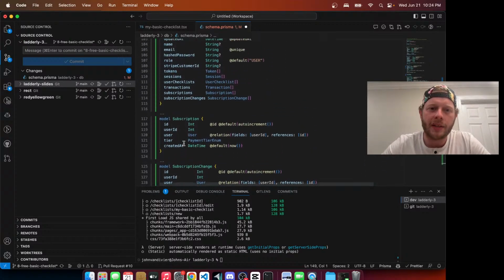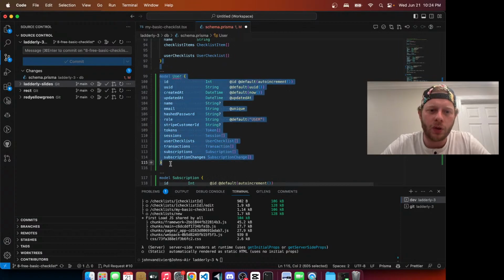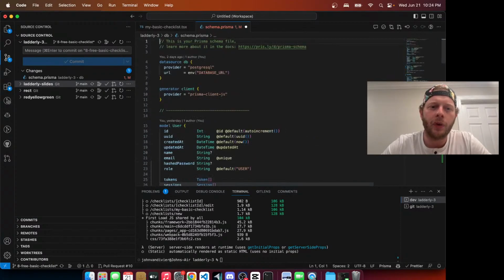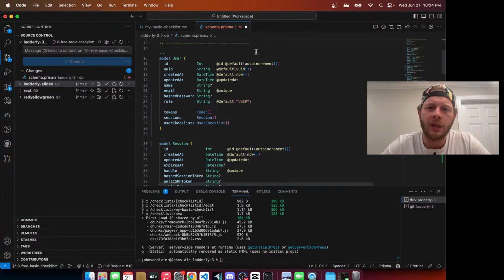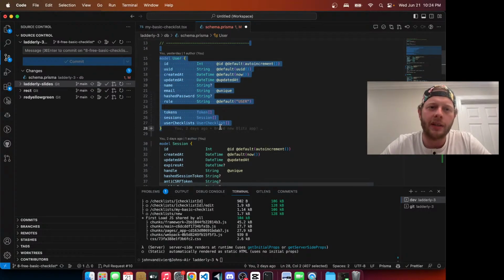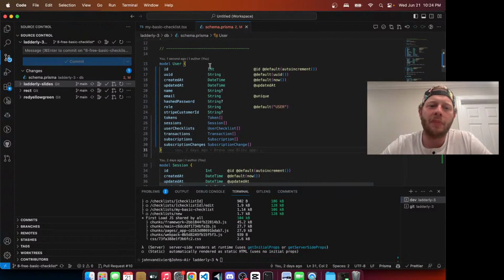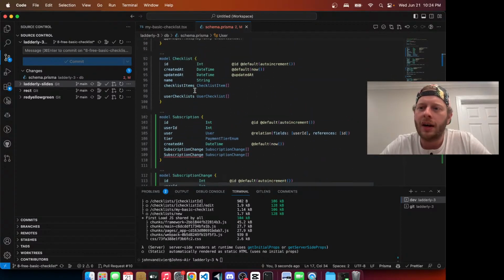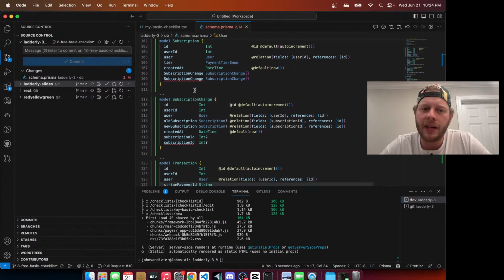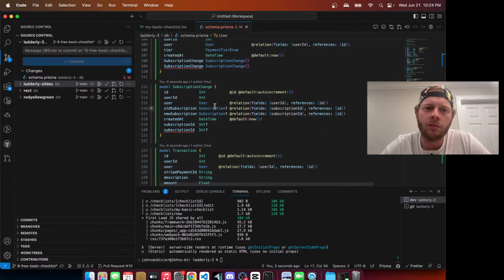Okay, so we're pasting all that stuff, and then we are going to grab this user model, cut that, float up to the top, Command A left, click and drag, select the existing user model, enter Command V, and basically paste it in place, Command S, and it will auto reformat on save. I can see that I have irritated the